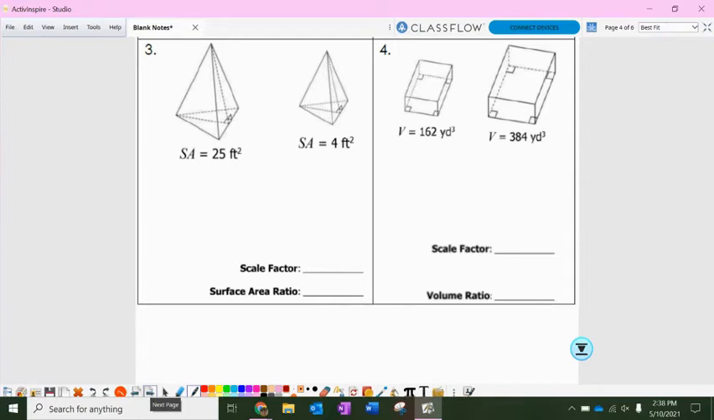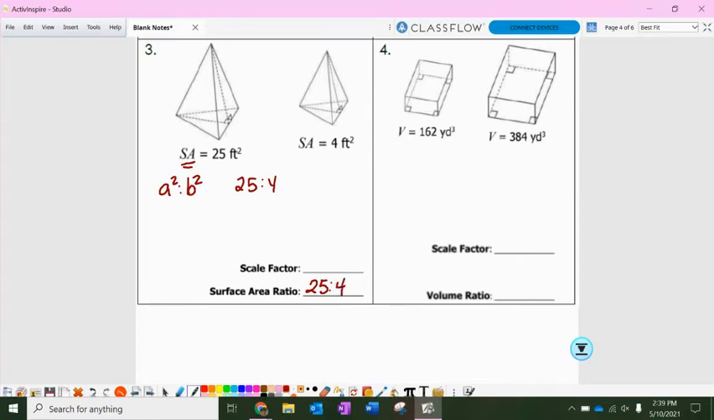Okay, so here we have two figures where they started by giving us one of the other units. So here they gave us our surface area is 25 to 4. So if I write that as a ratio, that's 25 to 4. And because this is surface area, I know this is my A squared to B squared. Okay, so if the surface area ratio is 25 to 4,